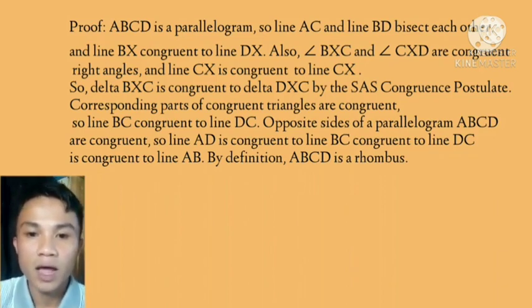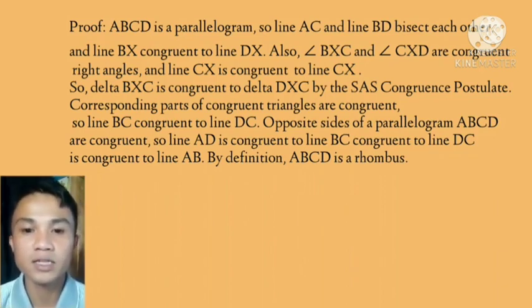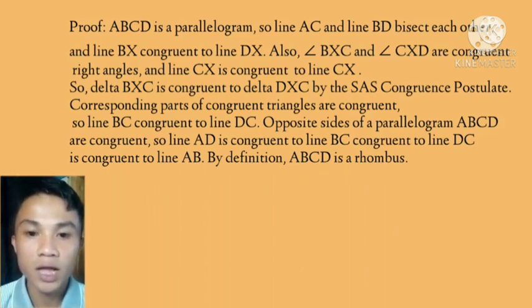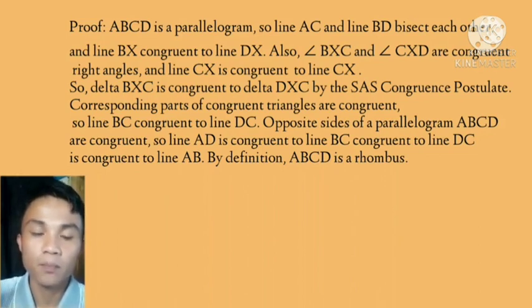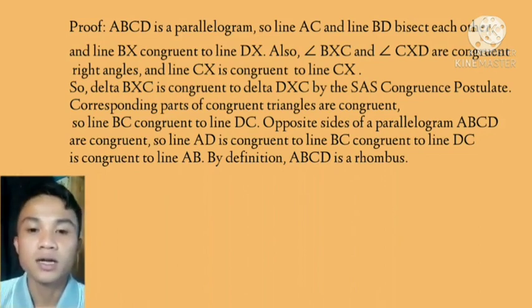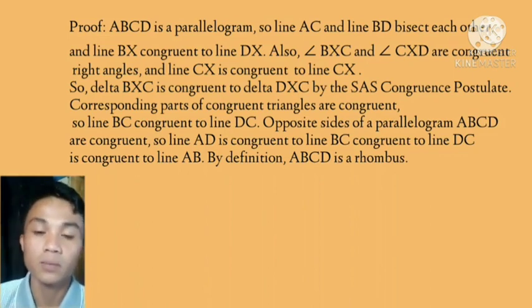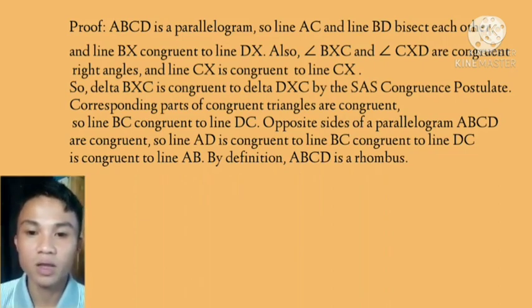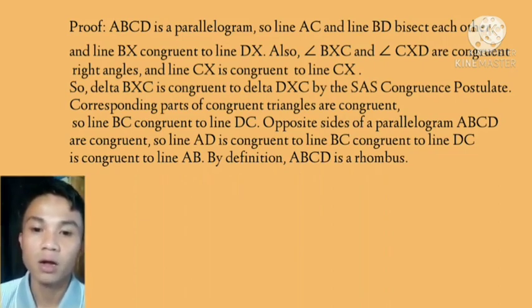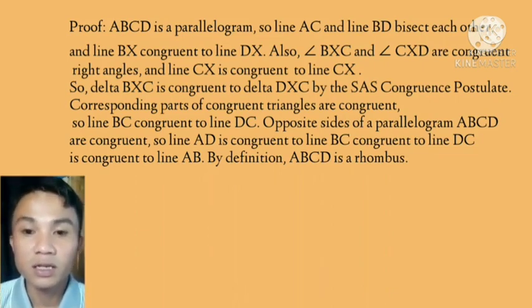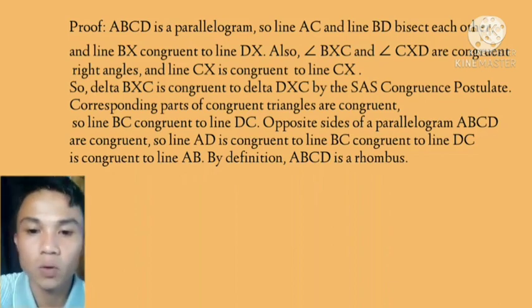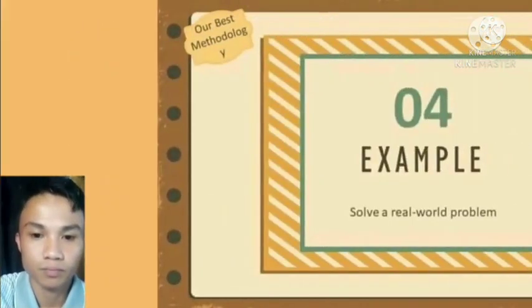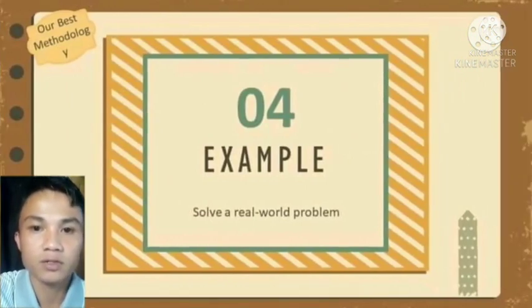So, makita doon natin sa intersection ng AC at saka BD doon sa intersection niya, yung measurement ng BX doon sa taas, line BD, at saka DX, congruent yung measurement. So, bale, yung angle BXC at saka yung CXD are congruent, right angle. So, makikita natin doon na same measurement at saka yung angle. So, next is